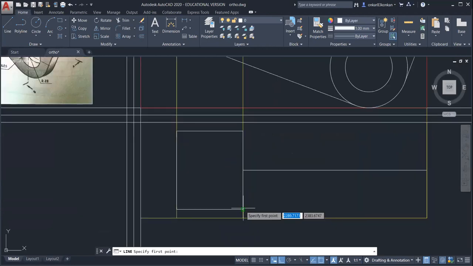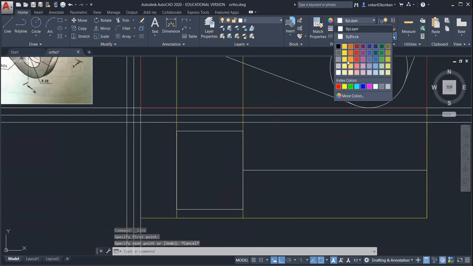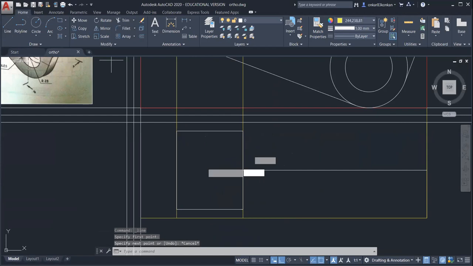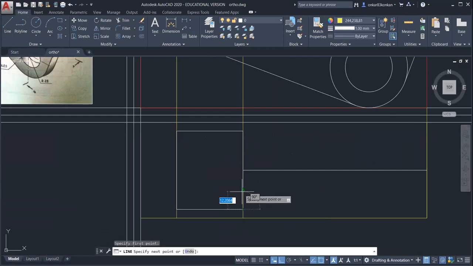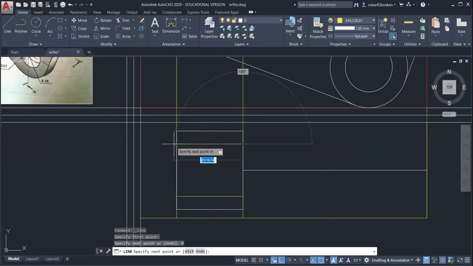From this point, just draw the line. You can use a different color for reference. Take 9 mm, then draw the line. Similarly, from this point, take 9 mm, then draw a horizontal line. Okay. And on this line, you can draw the center line as a reference.